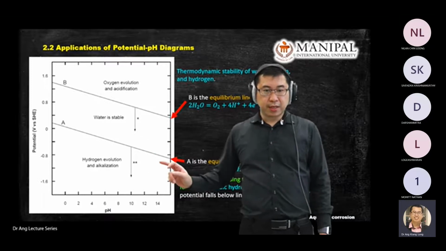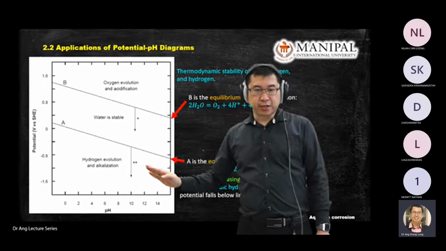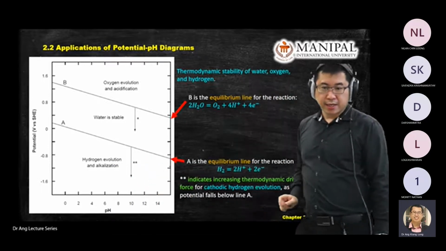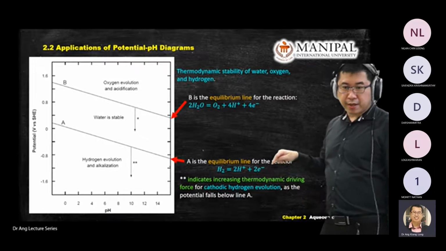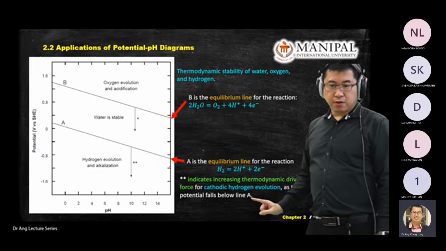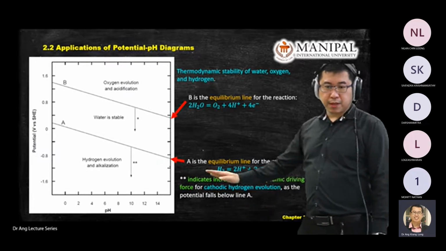So what happened at this section? What happened at this section, which is below the line? There's a double dash there. It indicates that there is the thermodynamic driving force for this process. Okay, meaning